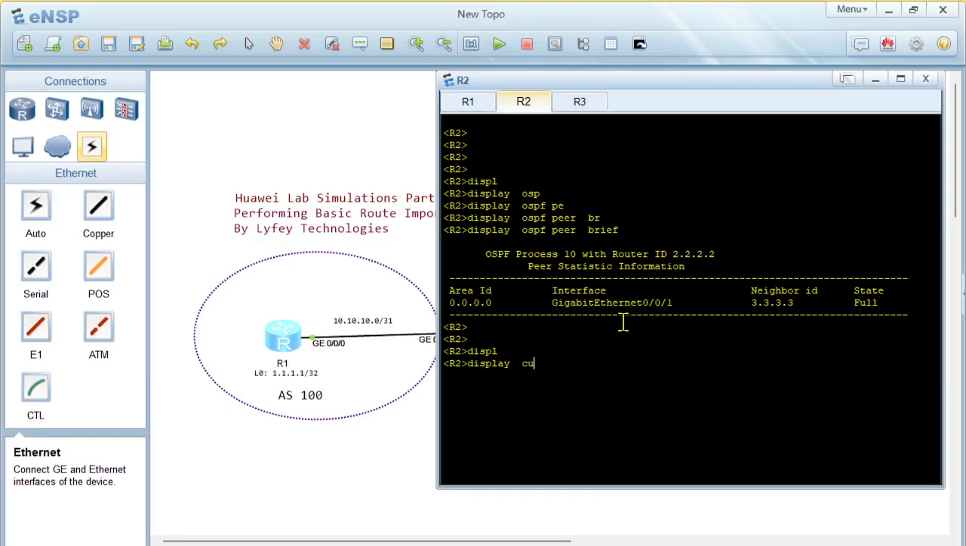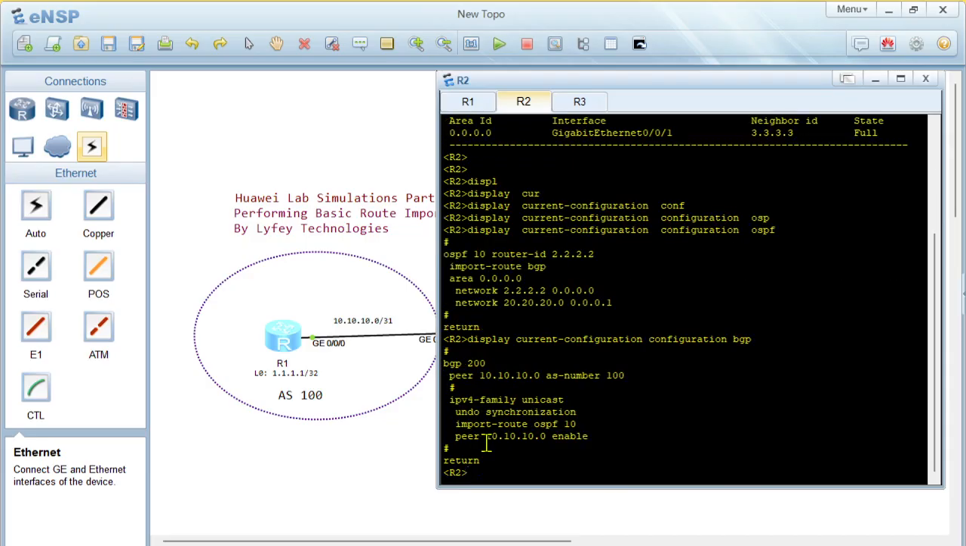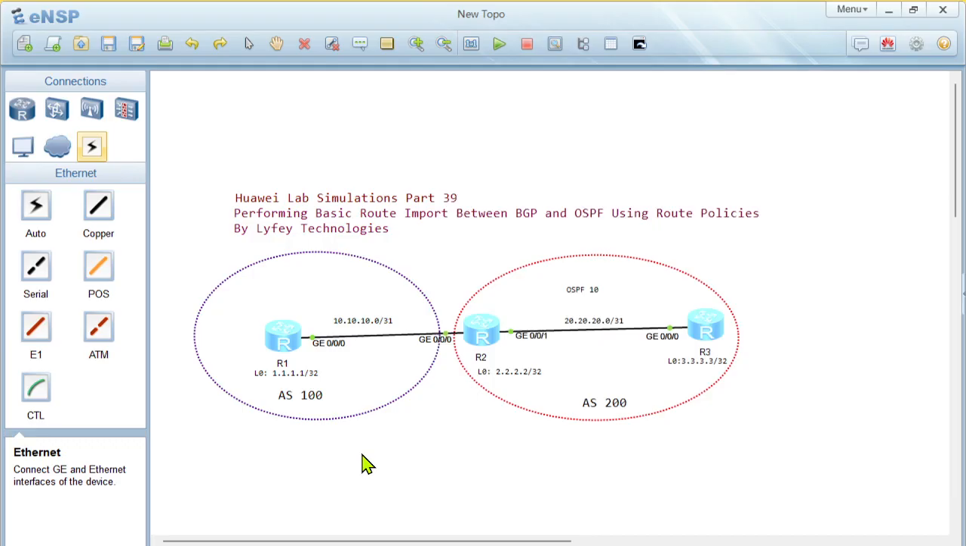If I display current configuration OSPF, you can see that we have import route BGP without any route policy. Similarly, if I display current configuration BGP, you can see that we have import route OSPF, and we have just specified the OSPF process but not specified any route policy to control the route import between the two protocols. So when you don't use any route policies, you are importing everything from BGP to OSPF and also from OSPF